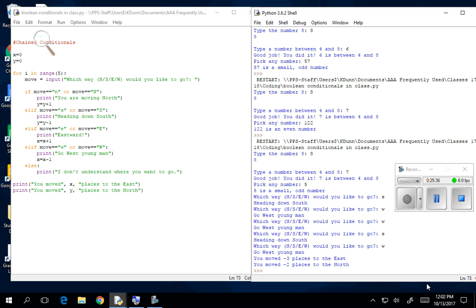And look at that, guys. It says you moved -3 places to the east and -2 places to the north. In other words, I went west and south, right? What's that? I don't know why. I'm just having fun. All right, so there we go, guys. There is a nested set